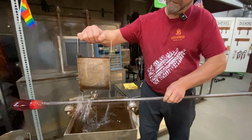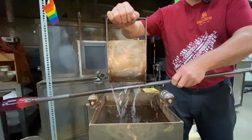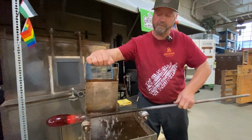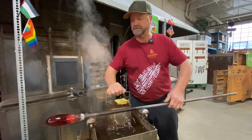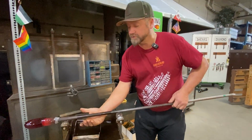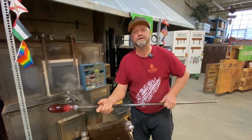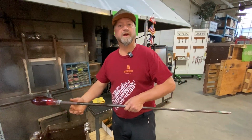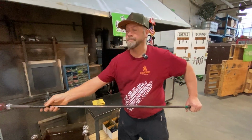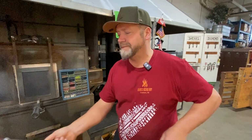And this will show you the exact amount of heat that's on. The importance of cooling the blowpipe, especially when you're making a bigger piece, and this is going to be a decent sized vase, is that the closer you can hold the piece to the end of the pipe, the more leverage you have. The glass doubles in weight every foot away from your body, so if I hold the pipe out here, it's extremely heavy, but if I hold it close to my body,